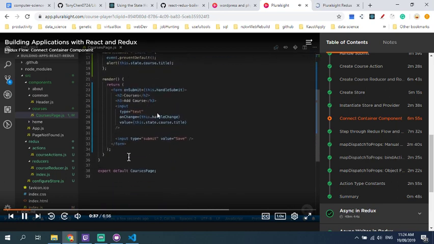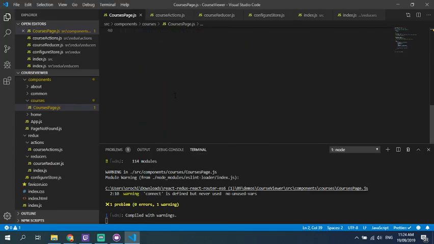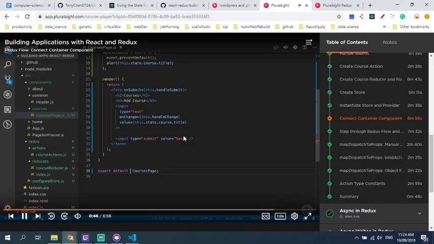Then jump down to the very bottom of the component. And instead of exporting our plain courses page component, we're going to decorate our component using connect. Remember, the connect function connects